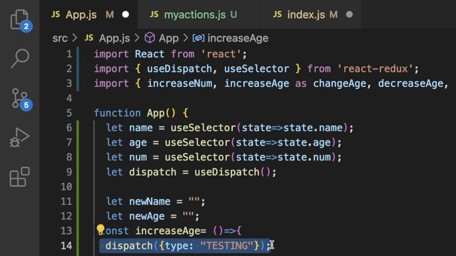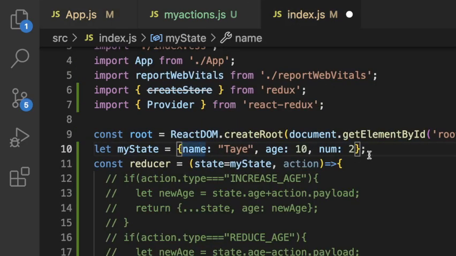Yes. So how do we then handle this in the reducer? What we are saying is this: whenever you call on this increase age, it will dispatch this to the reducer. So it goes to the reducer and tries to do something. It looks for this TESTING. Let's see how the reducer handles it. Within this reducer,